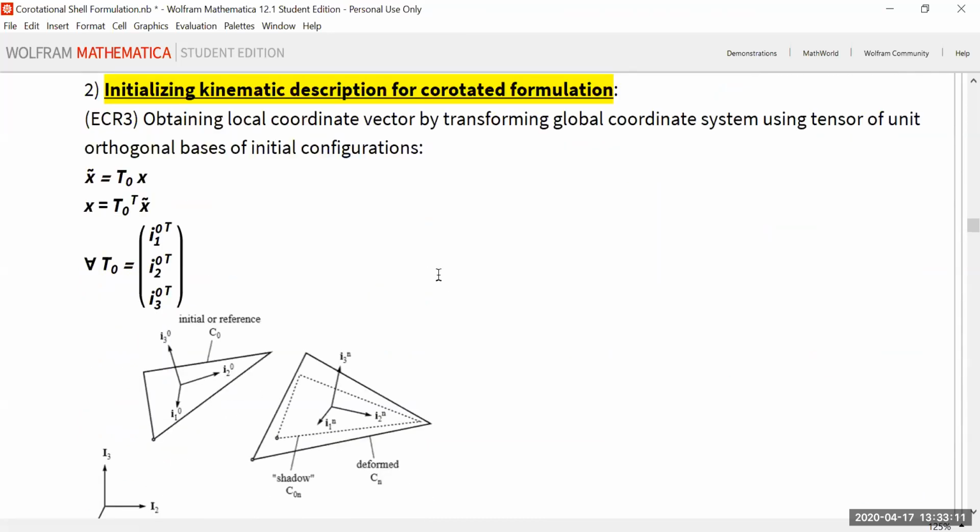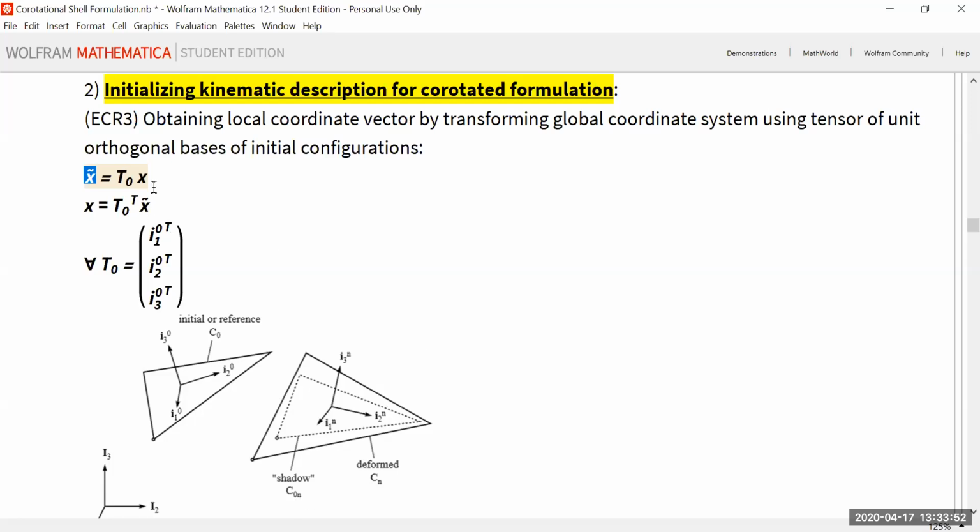So just for description, for how I'm going to write these equations, everything without a tilde is in the global system, and everything with a tilde is in the local system. And this is just a pictorial of that, where you have this initial undeformed configuration, and then this gets deformed, and then you have the third configuration, this is the shadow effect. So how the equations are going to reflect that is, the current configuration is going to have this 0, the deformed is going to have this n, and then the shadow is going to have the 0 and n